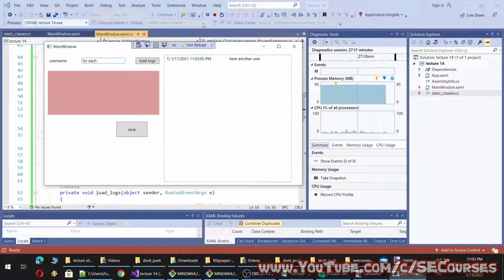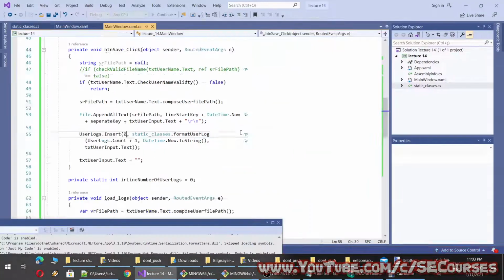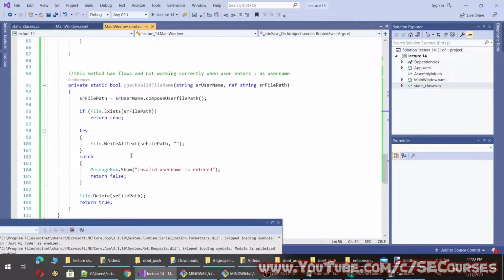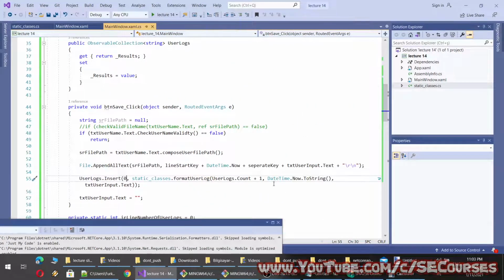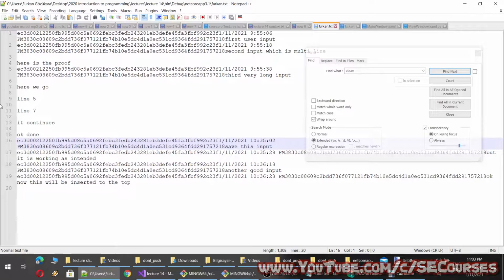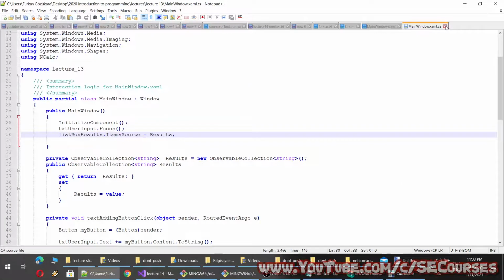So this is all about how to keep a logging system for a user. You can expand this, you can improve this and such, and you can use other separators. You can use certain characters for separating, and the design is totally up to you.